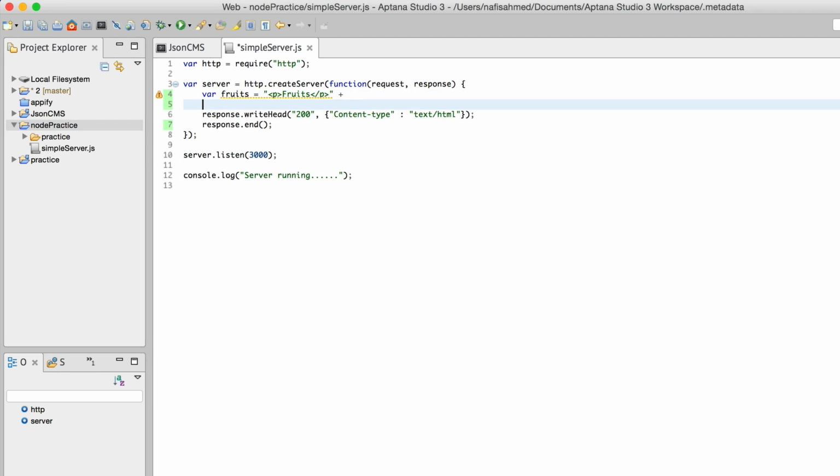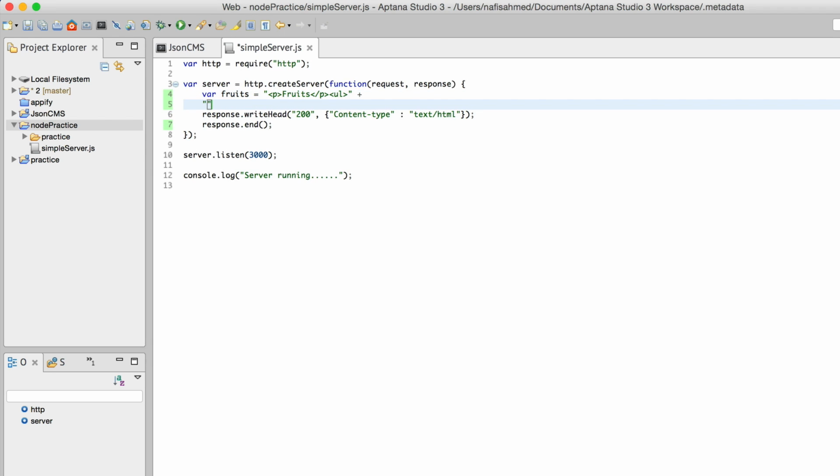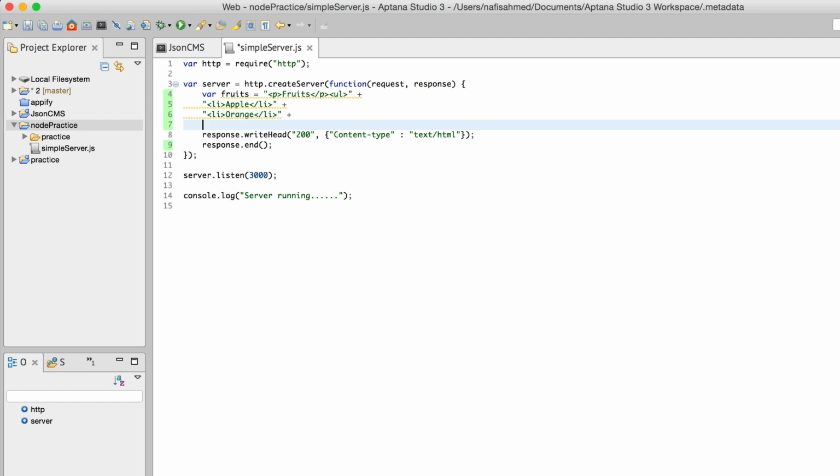Then we're going to say an ordered list, or maybe we just can't do this here. Okay. Now let's go for list, close list tag, opening list tag, and close list tag. Then we can write apple. Then again, we can include some maybe oranges or orange. Then again, maybe we can add something like